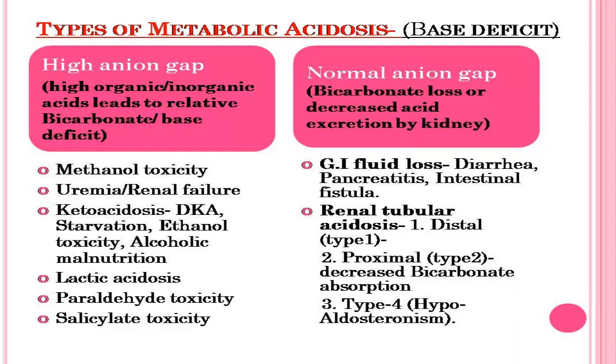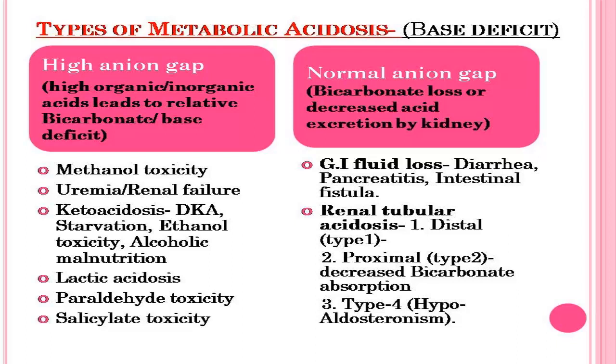Now I am coming to the high anion gap metabolic acidosis. So the high anion gap metabolic acidosis, what happens here? Here actually due to any cause, high organic or inorganic acids are added to the system, which leads to relative bicarbonate or base deficit. So suppose you have a one